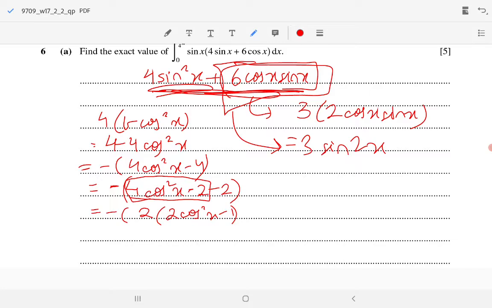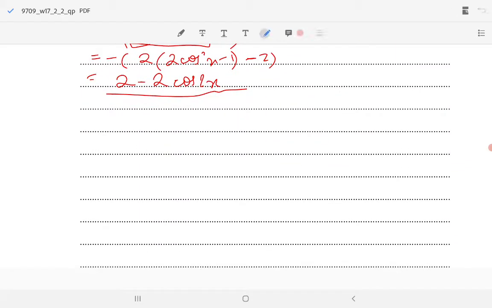Then we have minus 2 over here, which is equal to 2 minus 2 cos 2x if you simplify and open up the brackets. So now we just got these two terms, the first and second term, and now we can just simply integrate it. So you have 2 minus 2 cos 2x